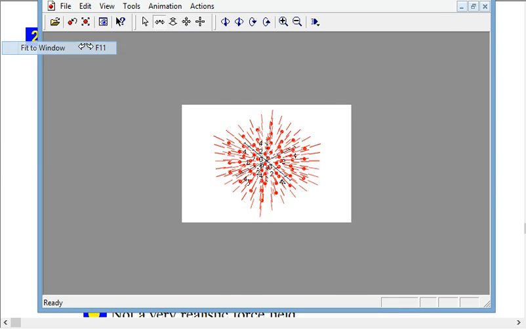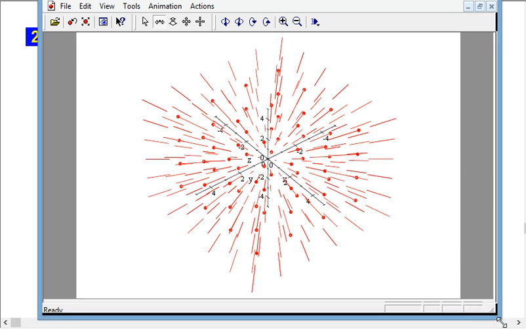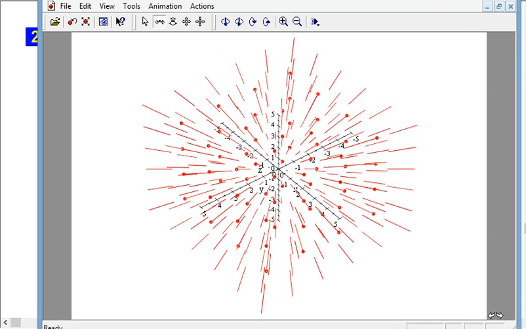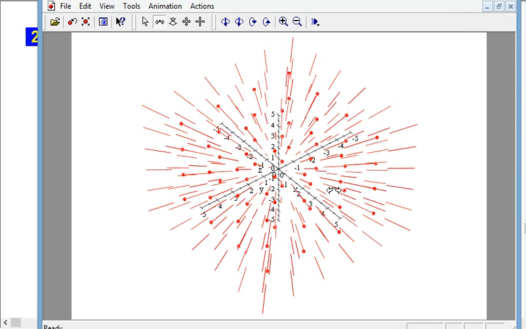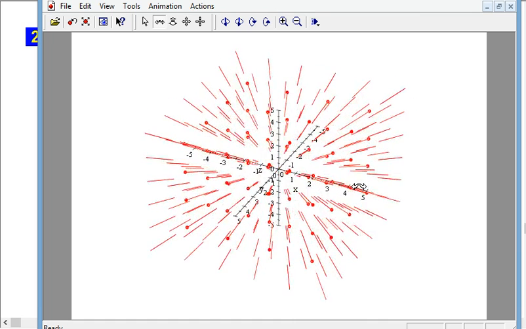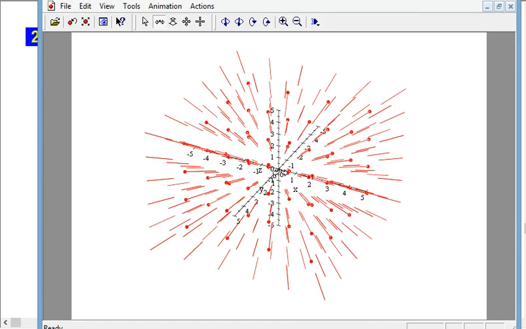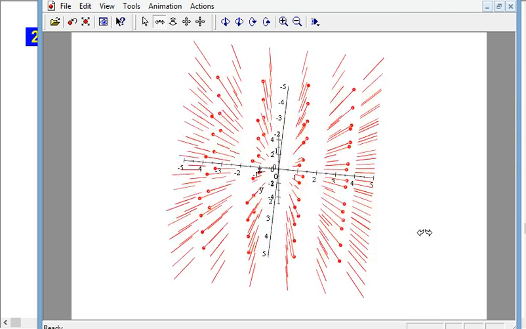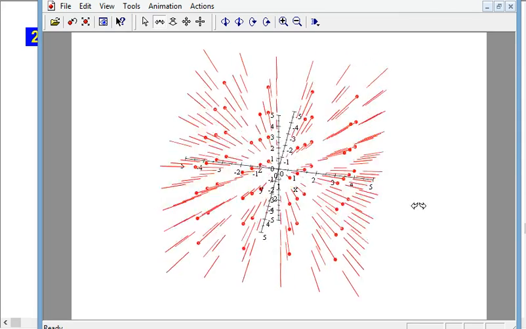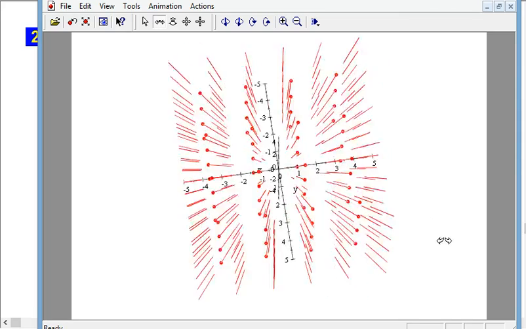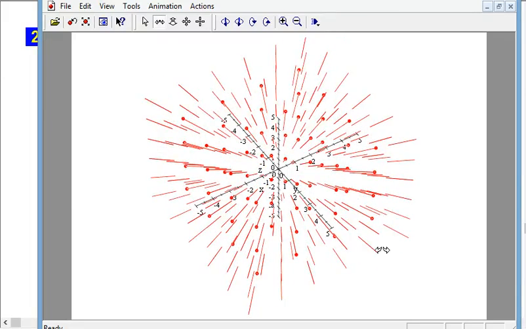Another way to say it is that we're going to take the vector connecting the origin to the point of evaluation, and then just take that vector and place it with its tail at the point. Now these are scaled down a little bit, so it doesn't look quite like that, but you can see it's going outward. Here they're not arrowheads, they're little circles, I'm not sure why, just the way this plotter works in